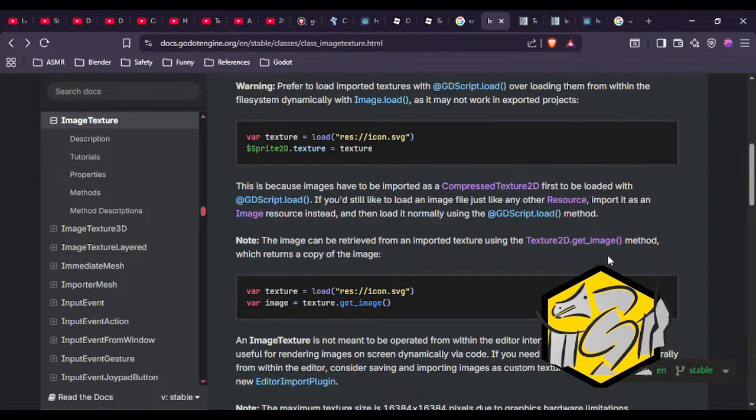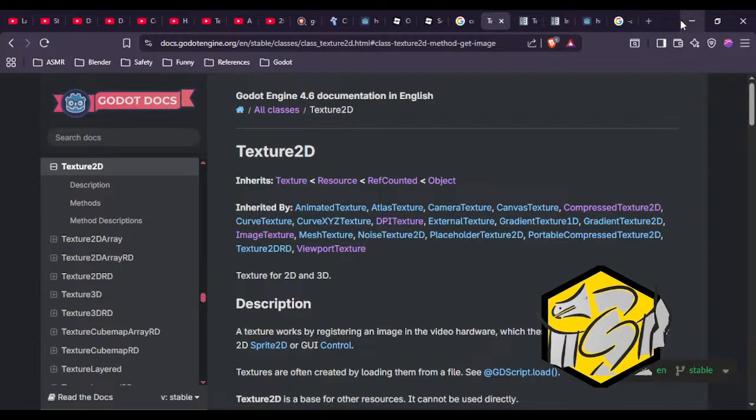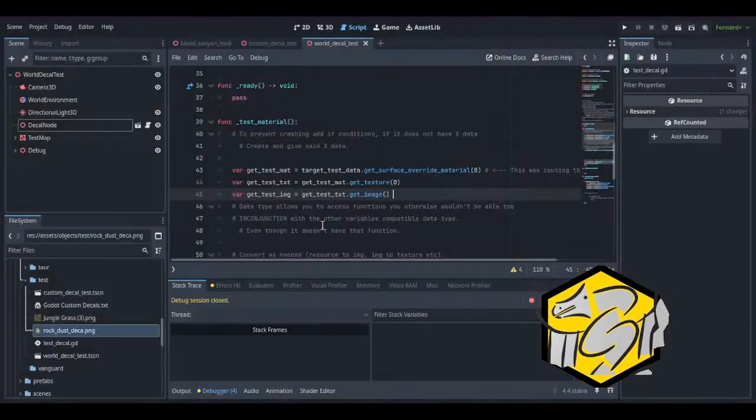Texture 2D dot get image method. So I have the texture.